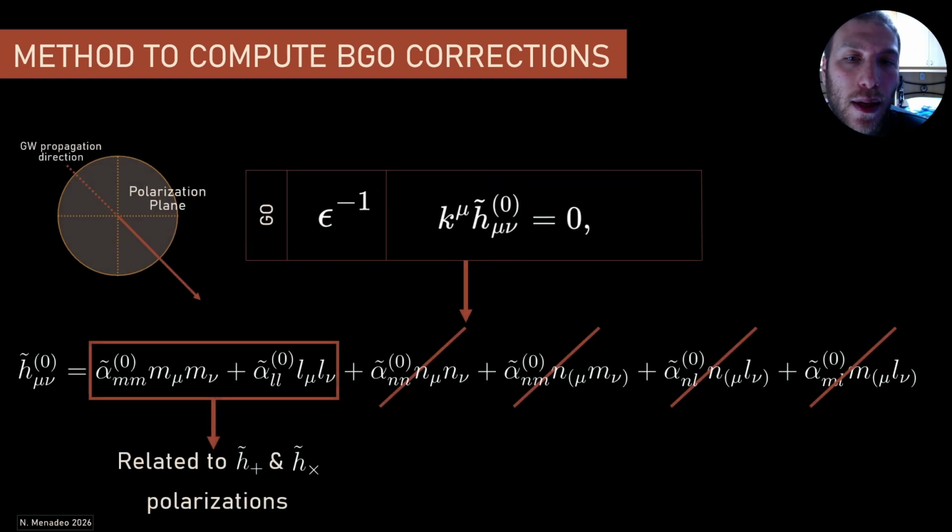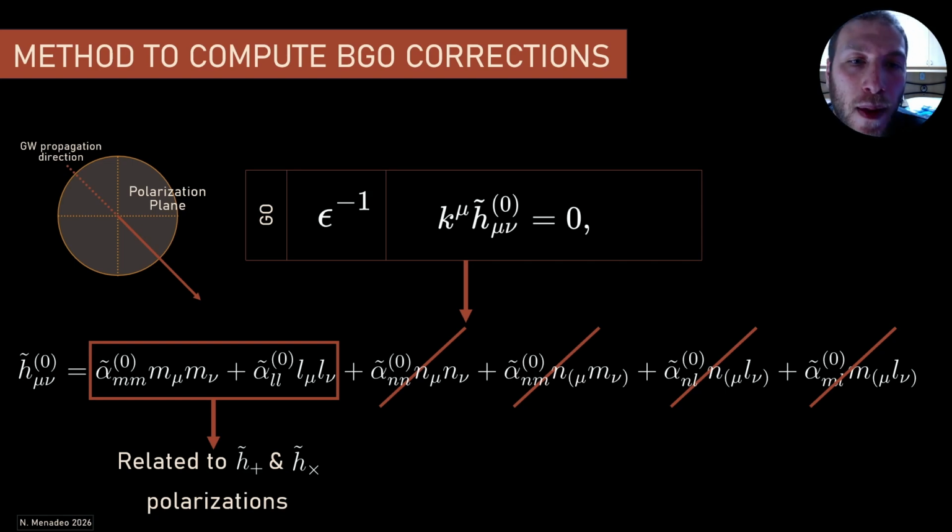In fact, as we can see in this slide, transversality, when we are in the geometric optics regime, strongly constrains the form of the geometric optic amplitude, where the only surviving polarizations are those related to H plus and H cross, as we can see here. Everything is cancelled out from this